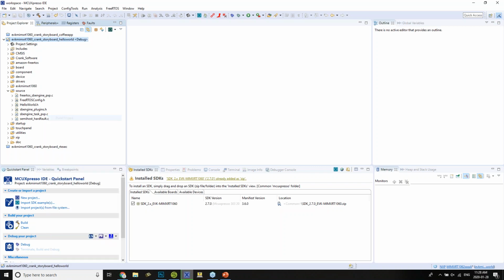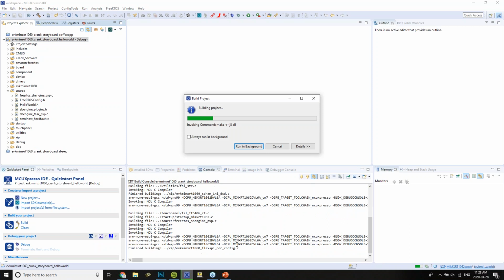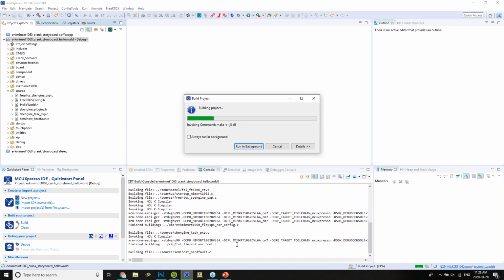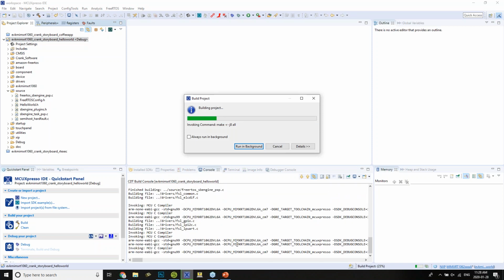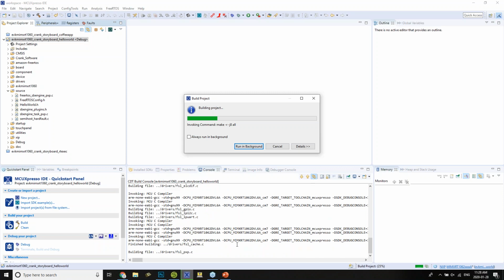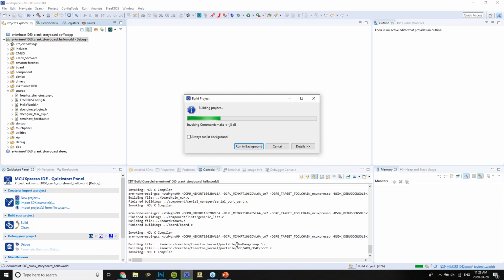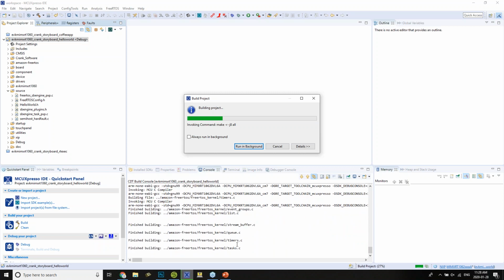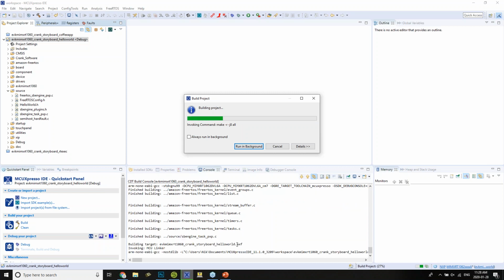Build. You'll see some output in your console. And once that's complete, we can debug and flash it over the CMSIS-DAP connection. And again, pretty easy process. We're ready to go out of the gate. And once this is done, I'll switch on my webcam to show you my evaluation board that we have here